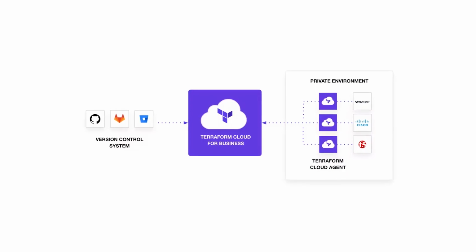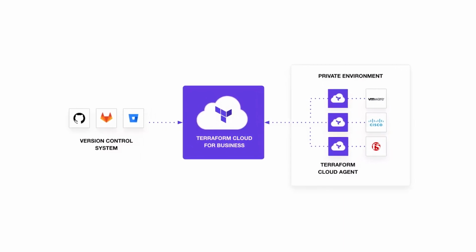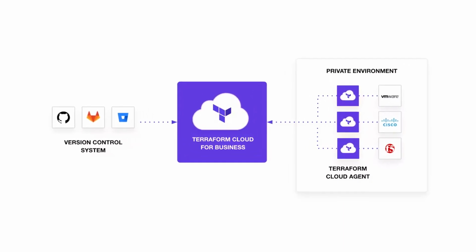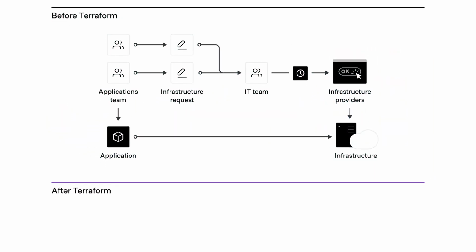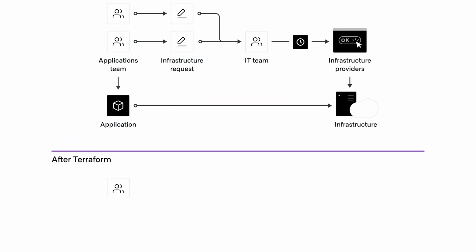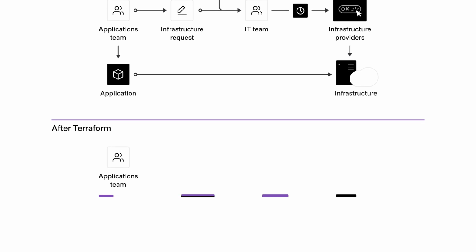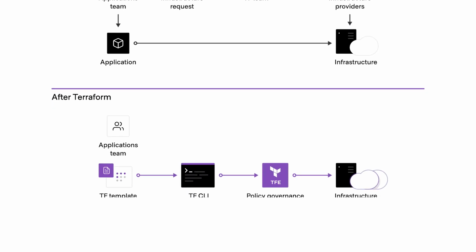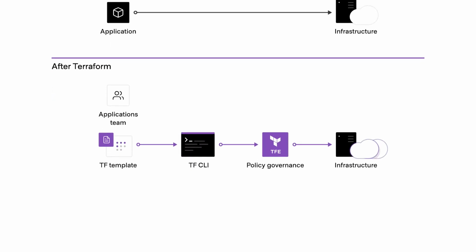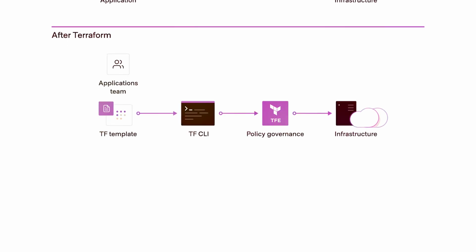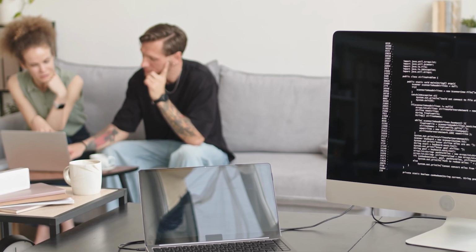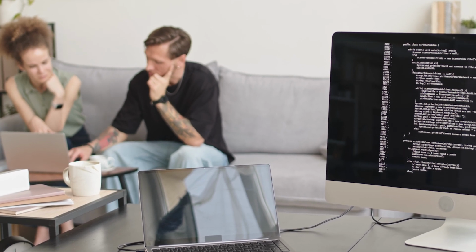Automation and version control. Automation and version control are the backbone of Terraform, empowering you with capabilities beyond imagination. With Terraform, you can orchestrate complex infrastructure operations through automation. This means you can scale your infrastructure up or down based on demand, schedule backups, and handle routine tasks with ease. The result is efficiency and reliability. Tasks that once consumed valuable time and resources can now run automatically, freeing your team to focus on innovation.